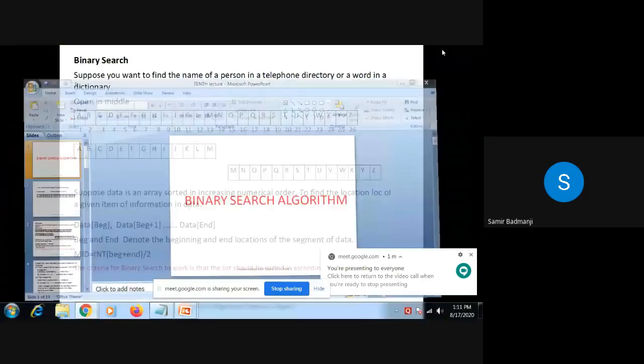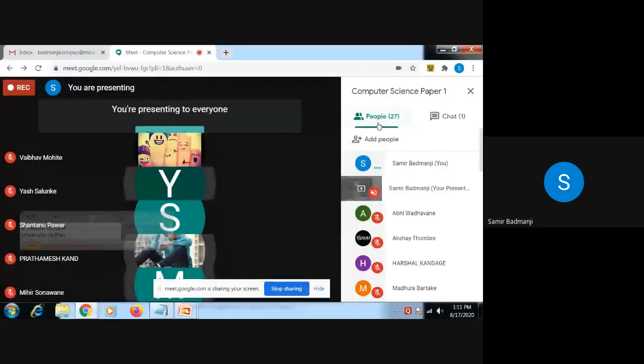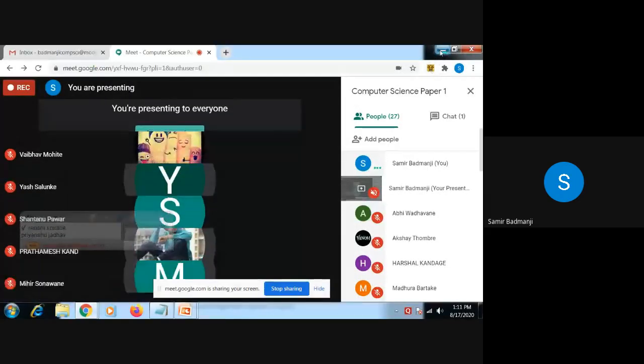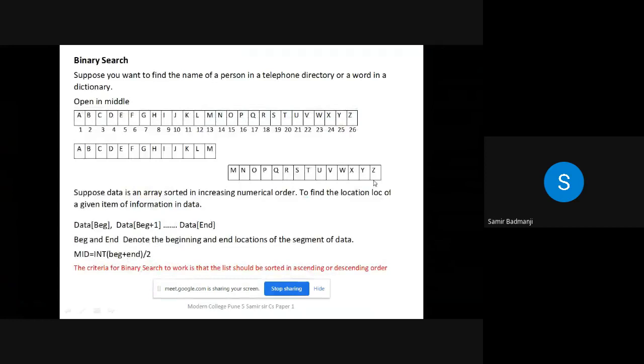Not in this example, but by default array elements start from 0 and not 1. But this is just for your showing purpose, so I have just written starting from 1. Whenever you write the program, the first element is 0, the second element is 1, and so on up till 25. But this is just to show you how the binary search will work.